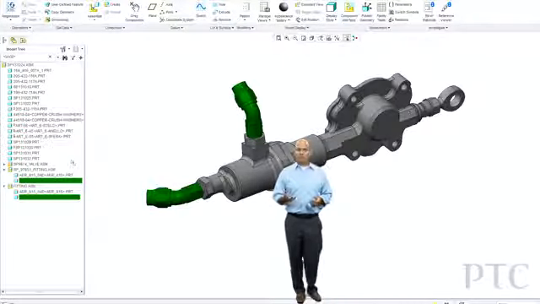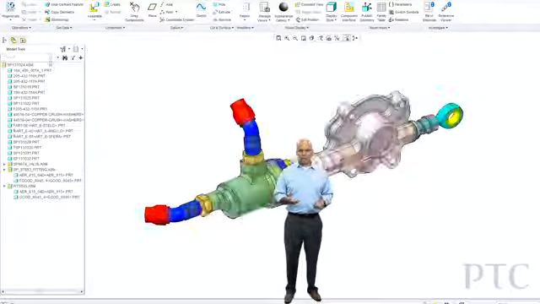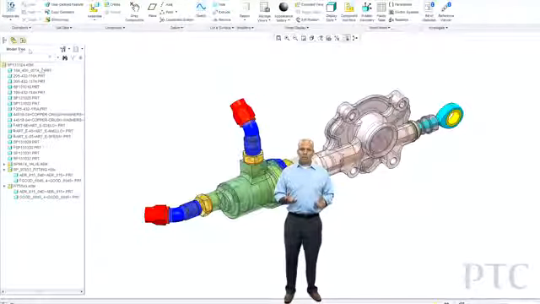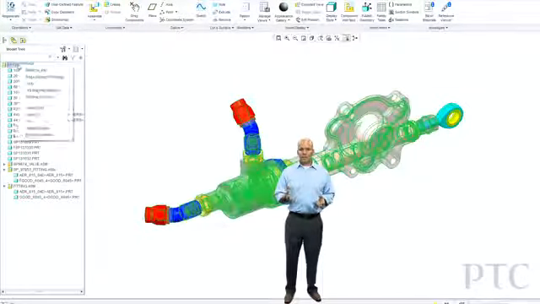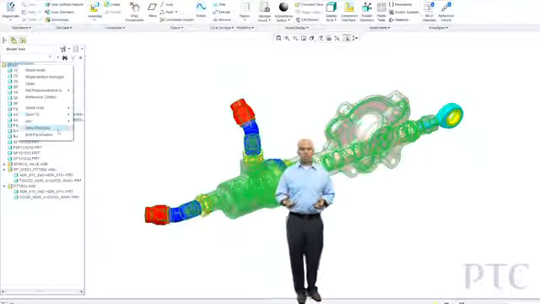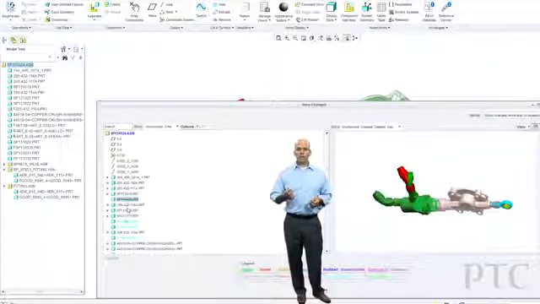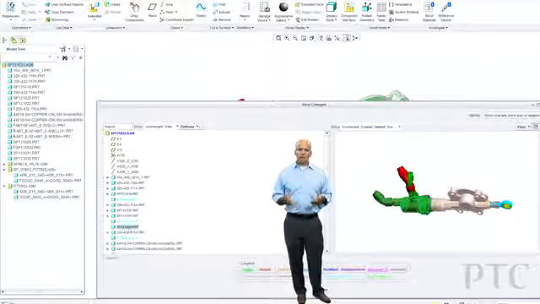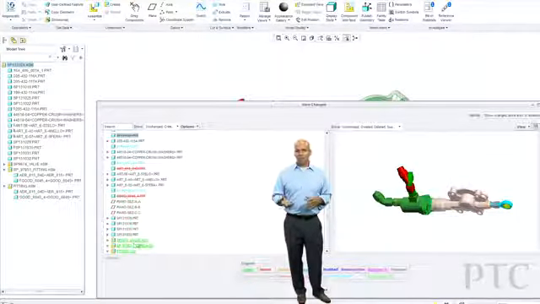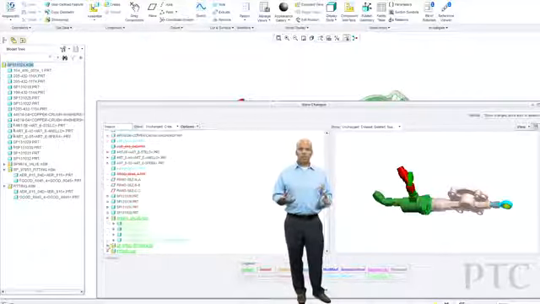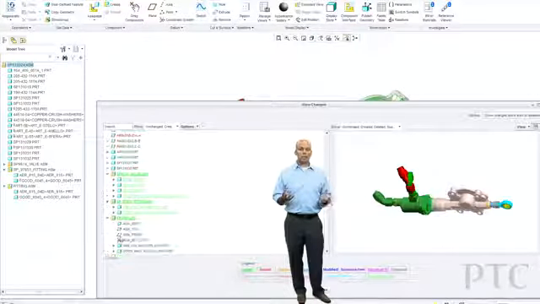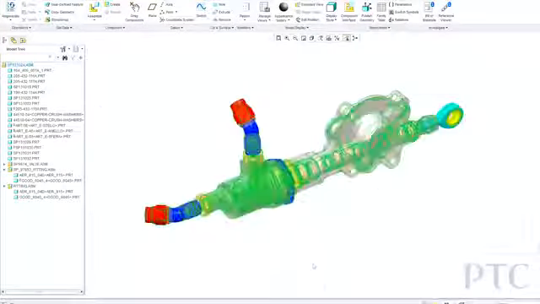And then the final improvement with the basic assembly capabilities that I'm going to talk about is change tracking. Basically the same way I can do change tracking in a Word document or some other Microsoft Office document, I can do the same thing now directly in Creo Parametric. And here I can see what parts have been added, which ones have been modified, all very simply, very easily, just directly in Creo Parametric and Creo 1.0.